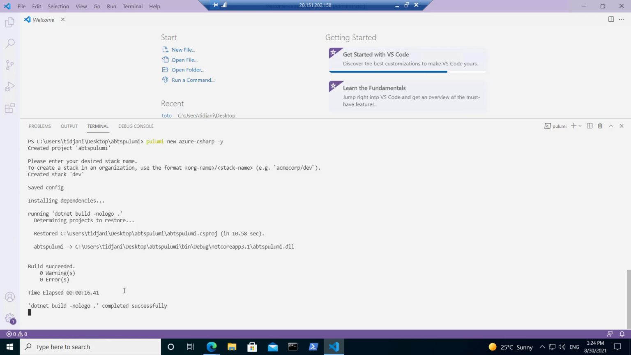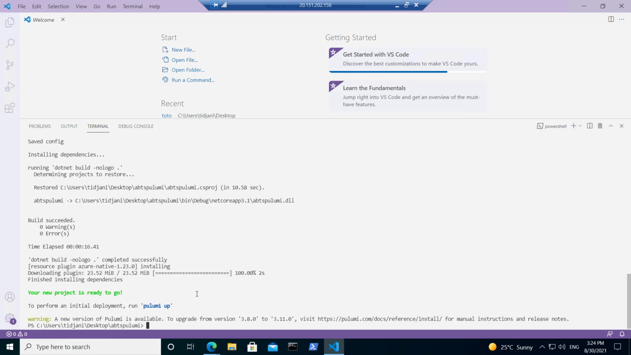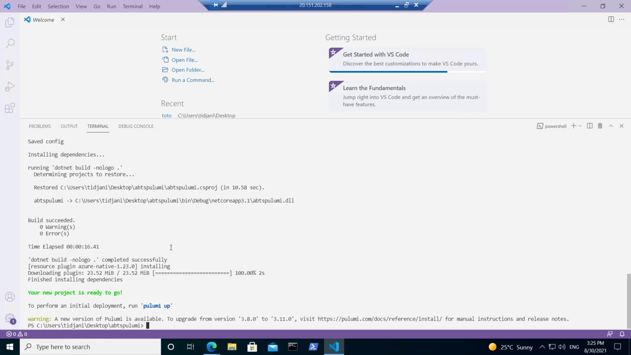Okay, so now our project is created. Dependencies are being downloaded, and you can see here our project is now ready to go. So we have everything we need for our project. So now let's take a look at the project structure. So back in our dev machine,